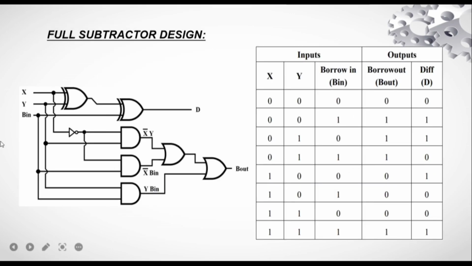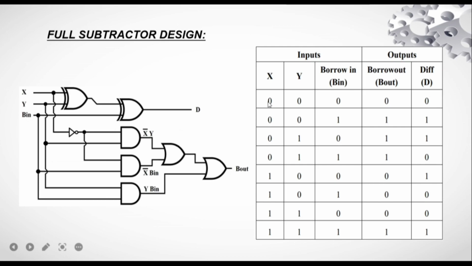So here's the full subtractor circuit. It's similar to the full adder. There are 3 inputs, that is X, Y, B in, and 2 outputs, that is the difference and borrow. Similar to the full adder circuit, there are 2 XOR gates, 3 AND gates and 2 OR gates, and the